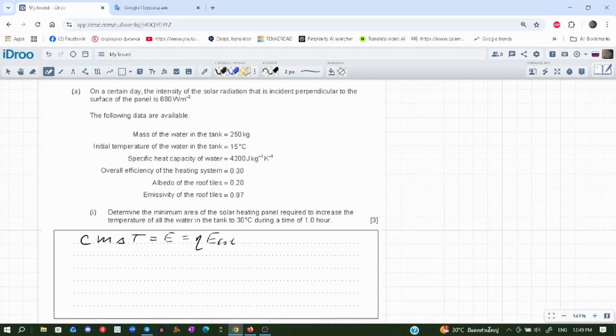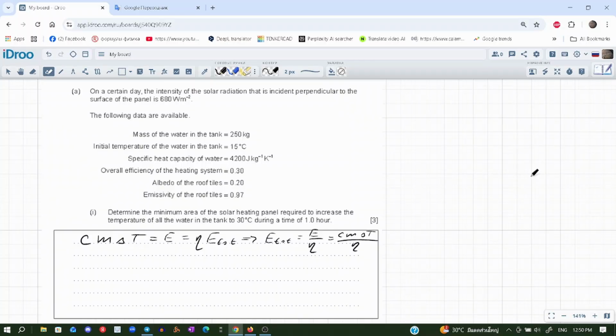Let's denote it as E total. And E total in this case equals this energy E over efficiency, but this E is the heat, it's Cm delta T over efficiency,